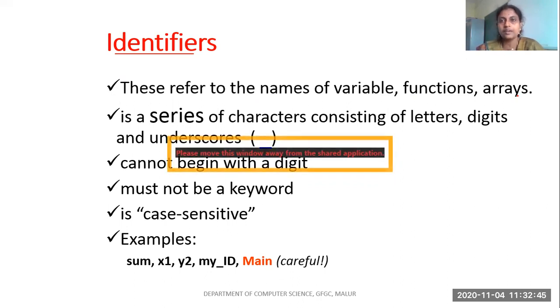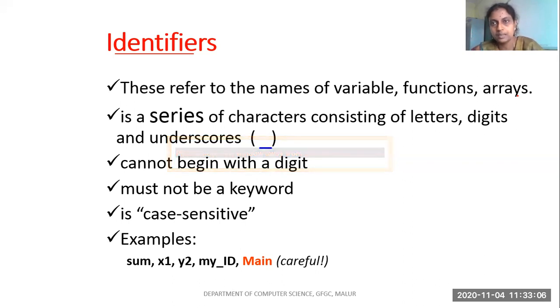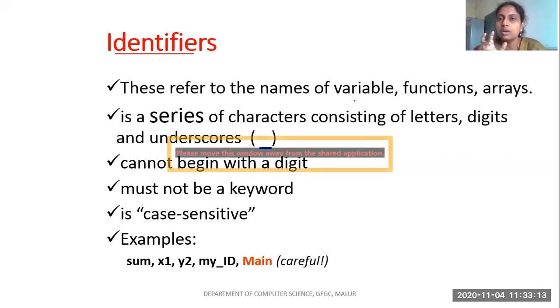Understood? See, I have a name, Hemila, and there are so many students in your class, like Pooja. In yesterday's class, one student joined with the name Shivakumar, Chandan, Rajesh. Like that, so many people are there. Everybody is identified with their names. In the same way in a computer program, whatever I do will be identified with names. That name I call identifiers.